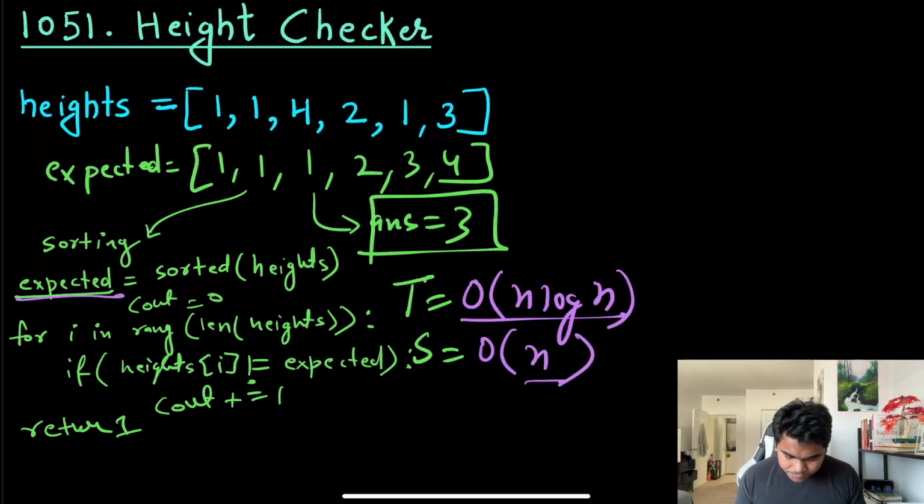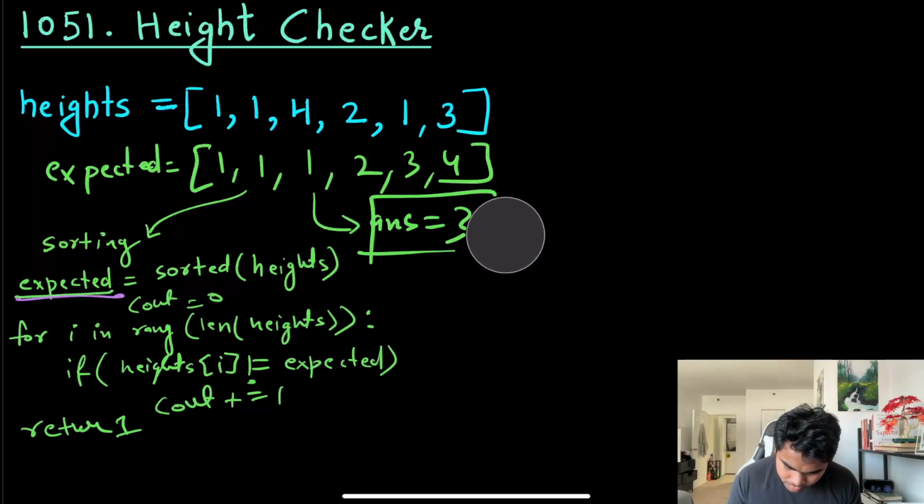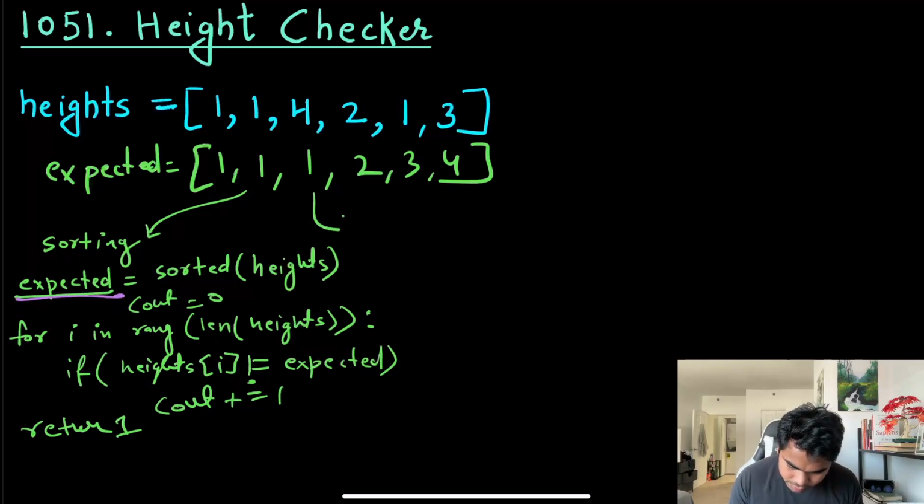So now another solution. Let's move to a better solution. Well, that solution is not any different in terms of you will be creating this expected array and then checking here. The only part that is different is creating this expected array. So here we were doing sorting, so this was our main thing, sorting. But now to create this,